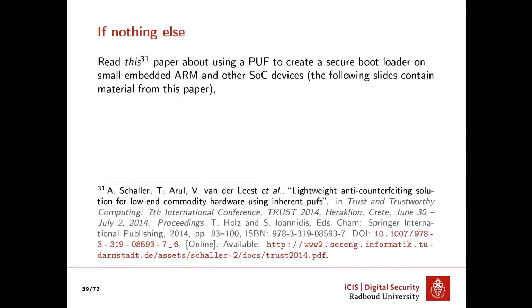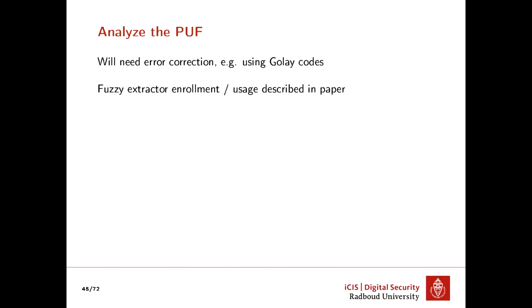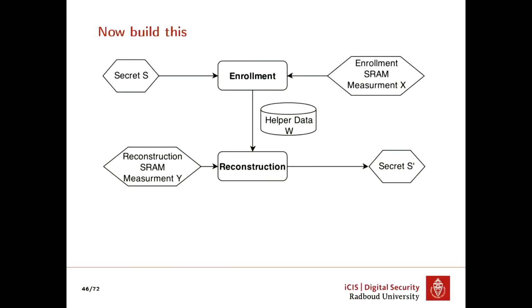So this first paper I mentioned, the lightweight anti-counterfeiting one, this is also from that paper. Read it. It also explains how this fuzzy extractor works. If you're interested in this, there's lots of scientific literature out there. And then finally, you build this fuzzy extractor, and then you enroll your chip, and you generate some helper data for this error correction. And then once you challenge the chip, you send this error correcting data with the challenge. And in the end, the idea would be that you get a secret S prime from every chip.